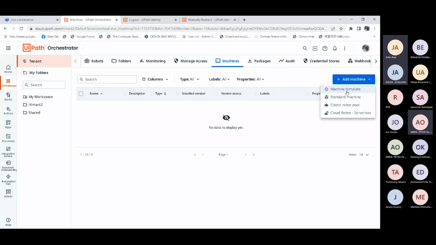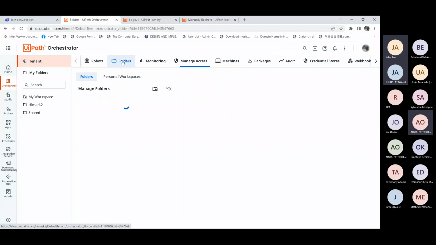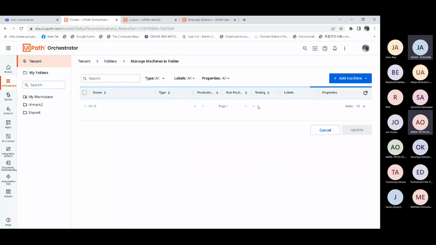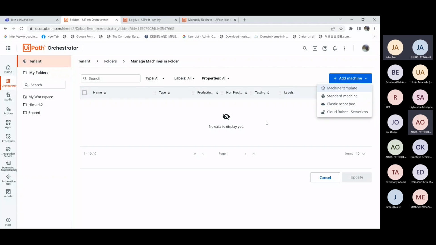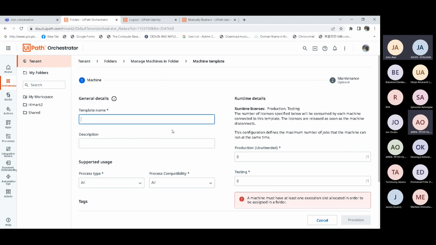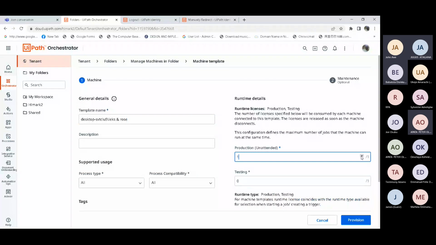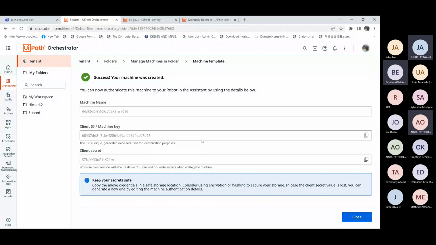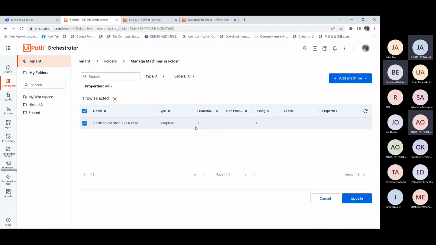All right, so we can go to tenant folder, then go to the folder and create the machine. Successfully created. Okay, good.